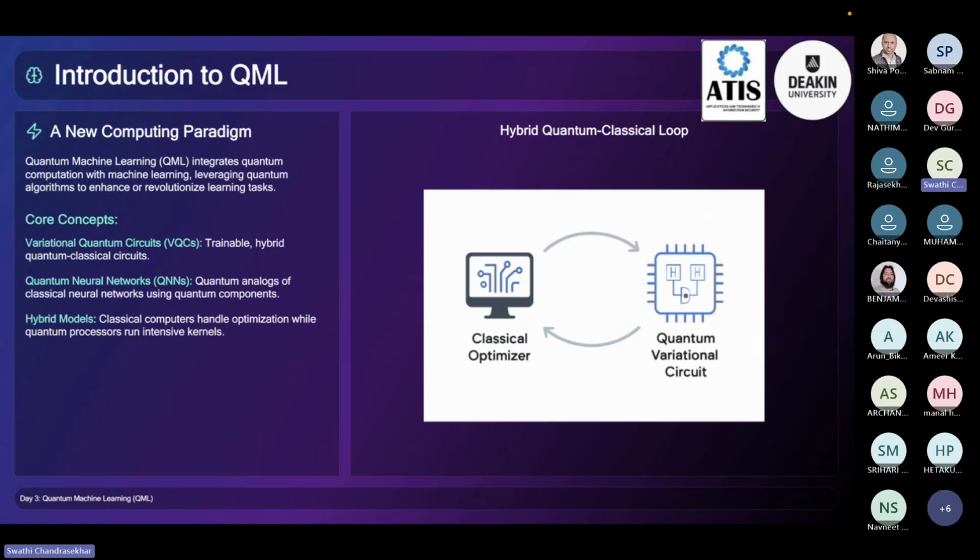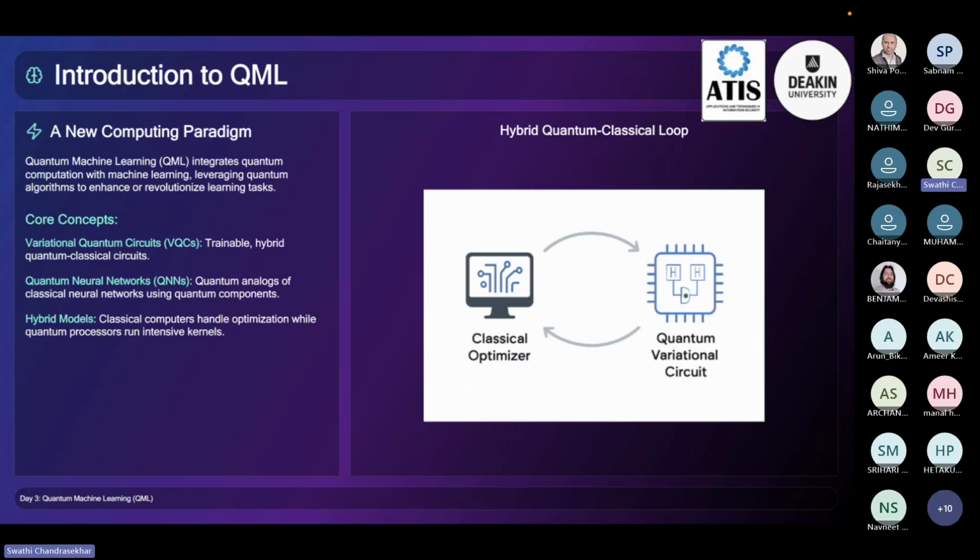So we can imagine a similar story for quantum computers. The classical computer orchestrates the training process, while the quantum processor is called whenever we need to evaluate a particular quantum circuit. Most practical quantum machine learning algorithms, therefore, use a hybrid architecture, and that's what you will see on the